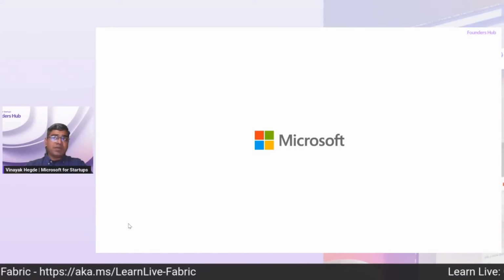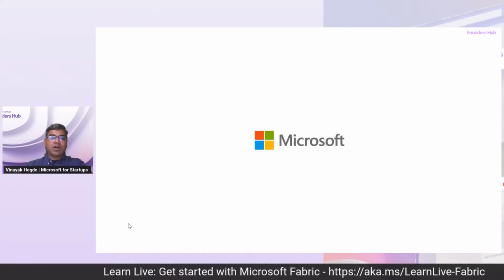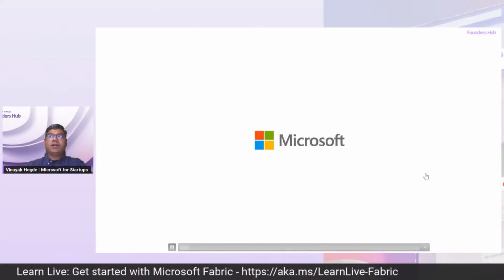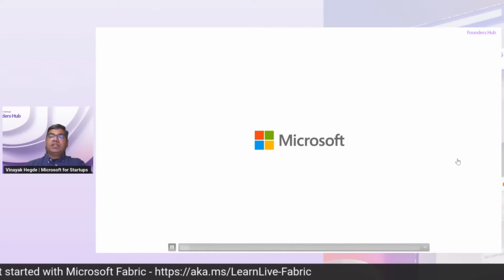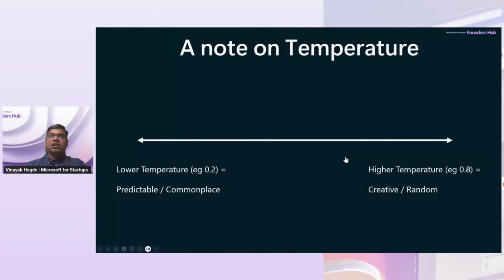I have been a data analyst, and it has taken away the drudgery of building those reports. Cool. With that, let's move on to the next session part. Actually, I quickly wanted to have a note on temperature, because one of the worries when people are using LLMs, especially because LLMs are probabilistic, is